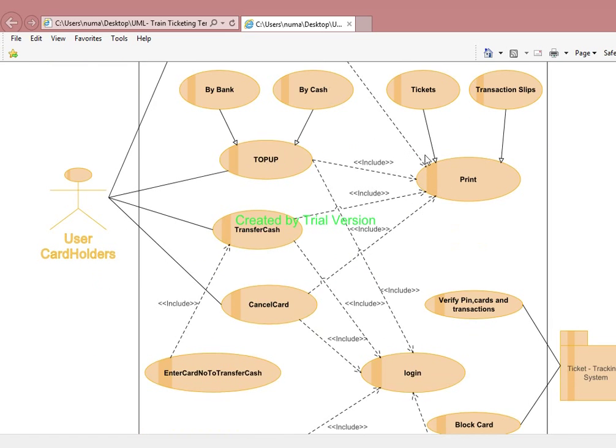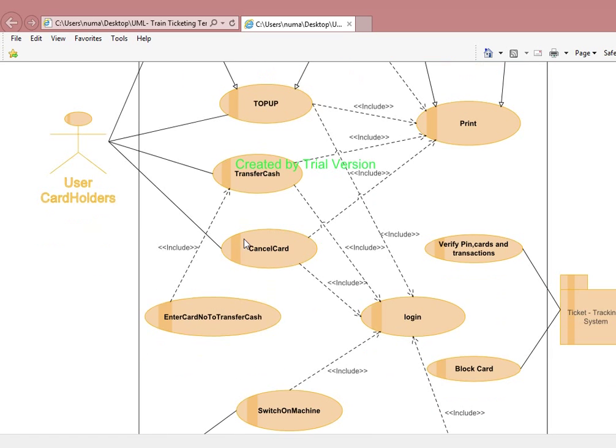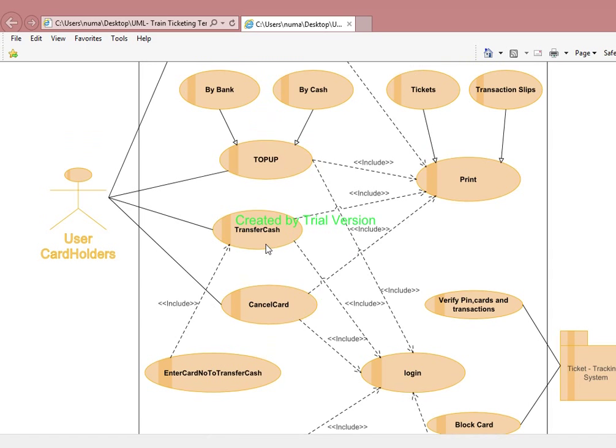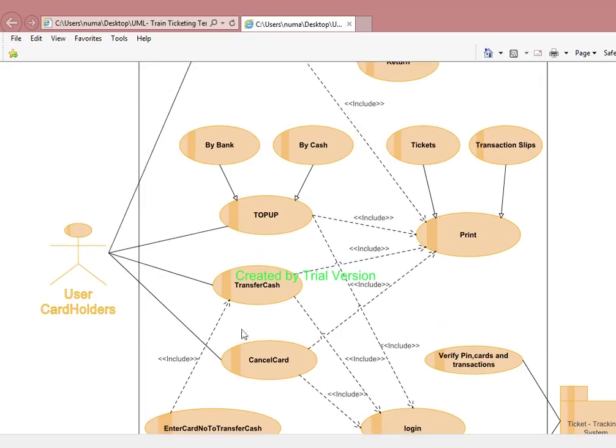In addition to these functionalities, cardholders can also top up their card by bank or by cash. They can also transfer the cash from one card to another, and they can also cancel the card. Cancel card is for the case where the user has lost his or her card, so he or she can easily cancel the card to transfer the whole amount from the card to the bank. So this all includes print, because on each transaction